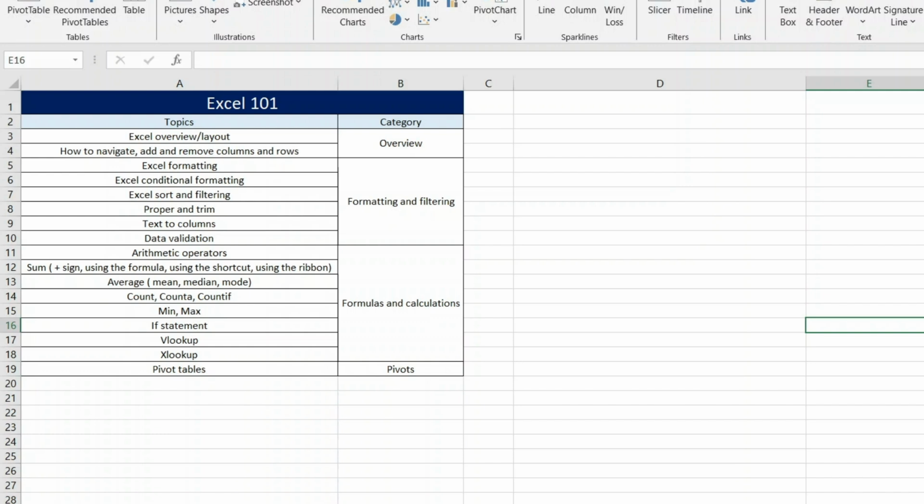We're gonna create tables, we're gonna create some conditional formatting, and then we're gonna sort and filter our data. We're gonna use some formulas here to make our data look better, or easy to understand. And then after that we're gonna learn some tricks to split data. So let's say you have a cell that has the employee name and the employee number in the same cell. You're gonna learn how to split that,